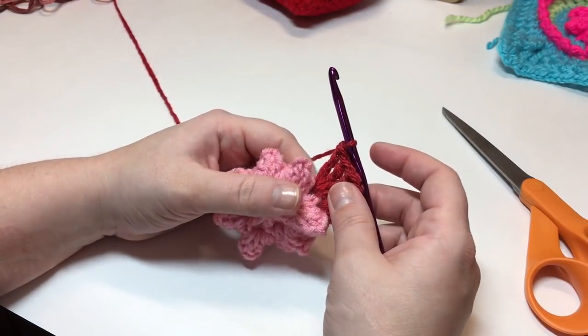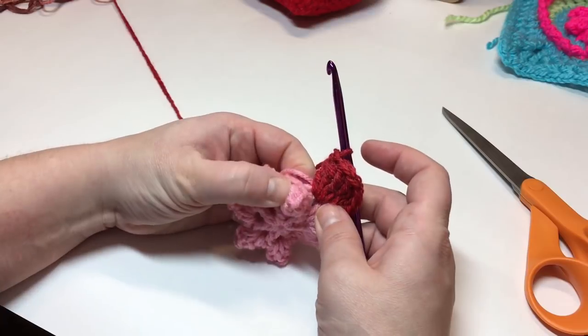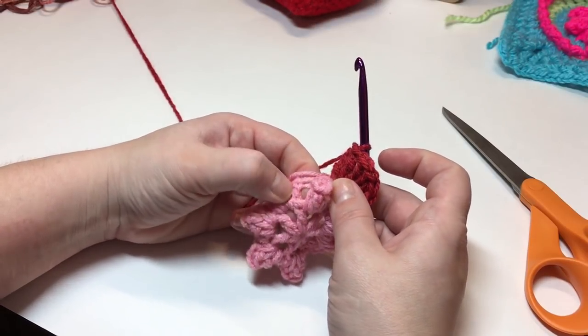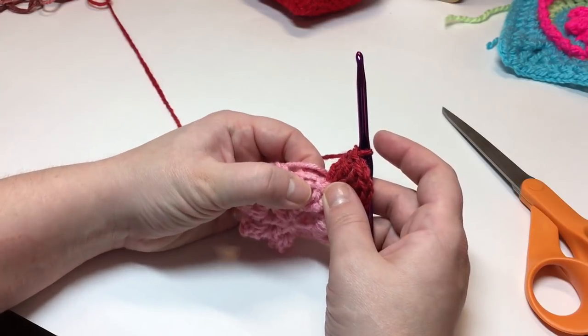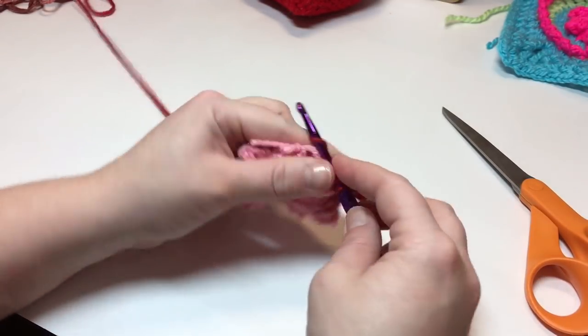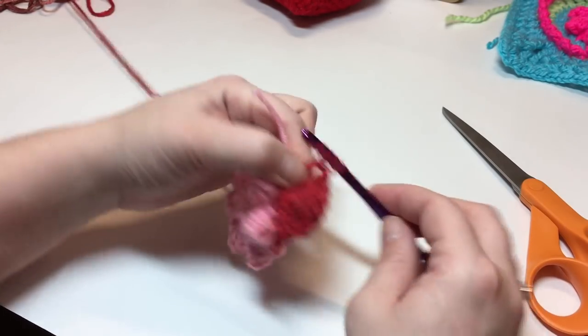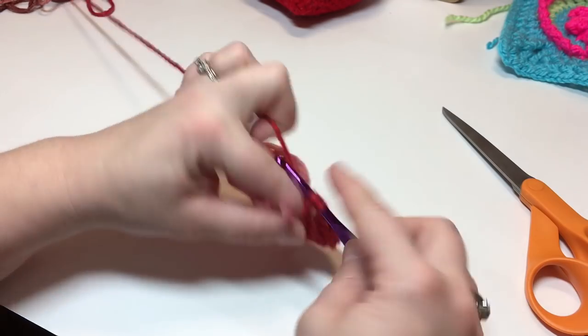Okay. In the space between the popcorn and the double, so here's your popcorn, there's your double, that space right there, we are going to work 3 treble crochets in between those two. So 1, 2,